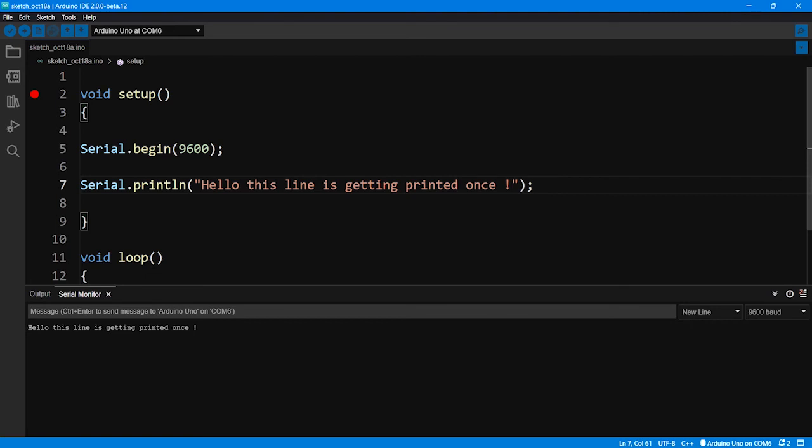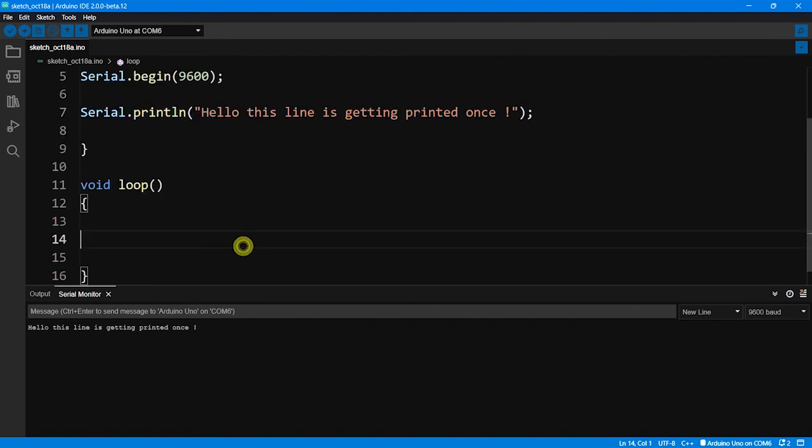Now comes the loop function. As soon as the setup stops doing its work, loop initiates the work that is allotted to it and does the repetition until it is powered off. This is just a direct word. Loop means it keeps looping. Whenever the Arduino is set to reset state, it terminates out of the loop and does the same from the beginning. In a practical approach, we'll see by coding.